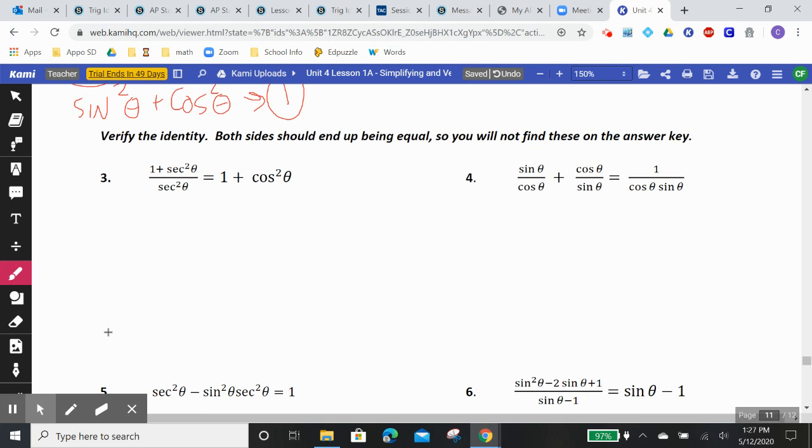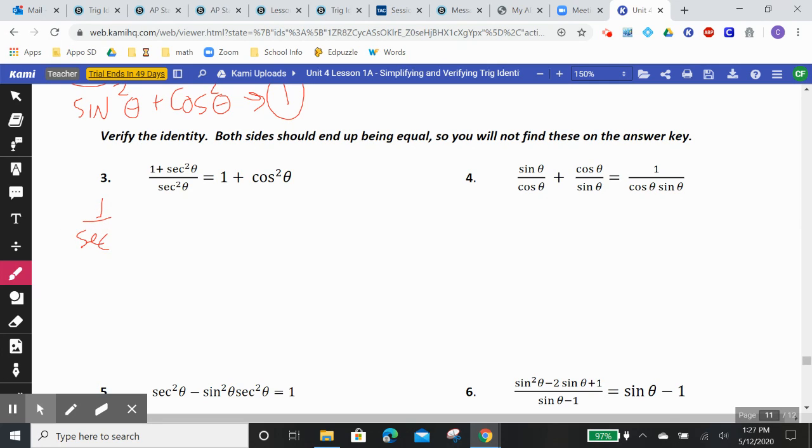So again, for this problem here, you have a couple choices. I see division on the left. I see addition on the right. Again, I'm probably going to work with division. And this goes back to a problem we did above where I'm adding in something in the numerator, but I have one term in the denominator. I apologize. You could turn 1 plus secant squared into tangent squared, absolutely. But I'm going to do this one. I like to